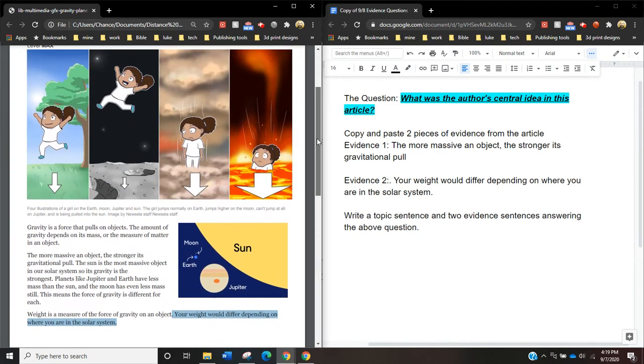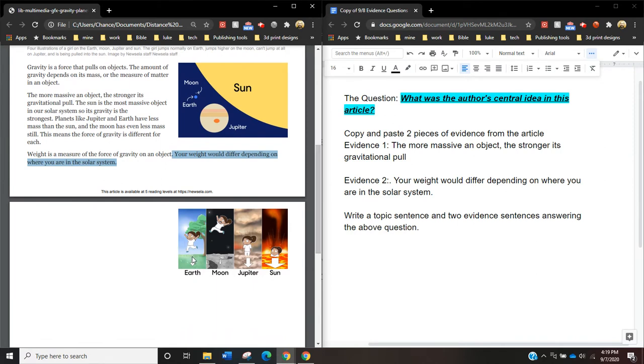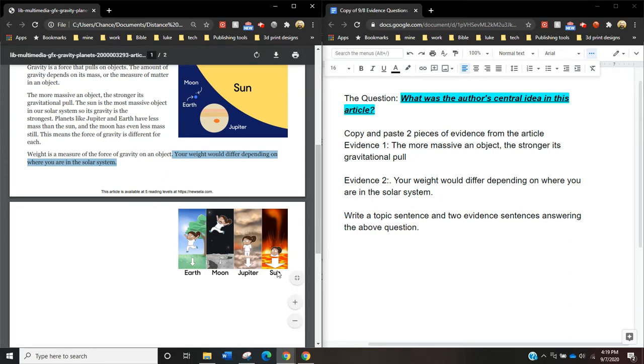And let's look at that picture, see if it has any information. This one's labeled. So Earth pulls me down. Oh, Moon's got a smaller arrow, so it's not pulling me down as much. Oh, Jupiter's got a big arrow, so it's pulling me down harder. And whoa, okay, the Sun's got like a ton of gravity. Okay, so the Earth has a good amount. Moon has almost none. Jupiter and Mars both have a lot more than Earth.